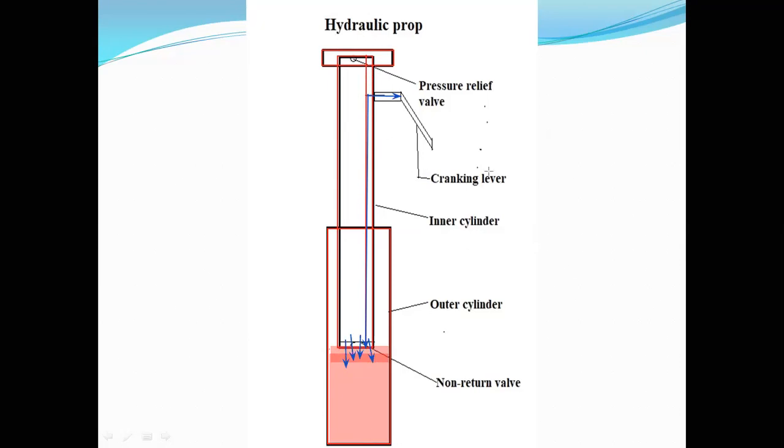Okay, so whenever you want to crank it up and raise its height, just by operating this handle, whatever hydraulic fluid is present inside the inner chamber will come out to the outer chamber. As a result, it will raise up, so that we can set the prop against the roof up to the required height. Okay, suppose the load acting on the prop exceeds its capacity, what happens now? Then it has to start yielding, right? That's why it is called a yield prop.